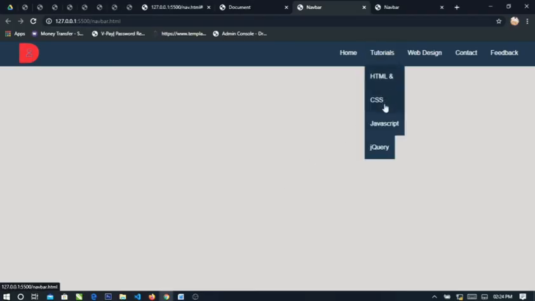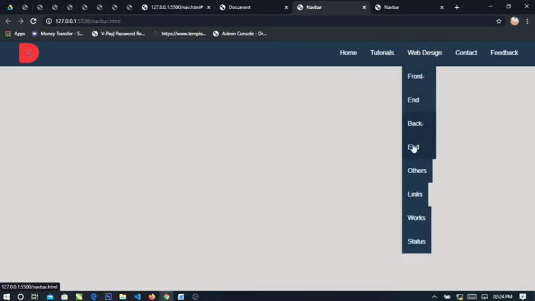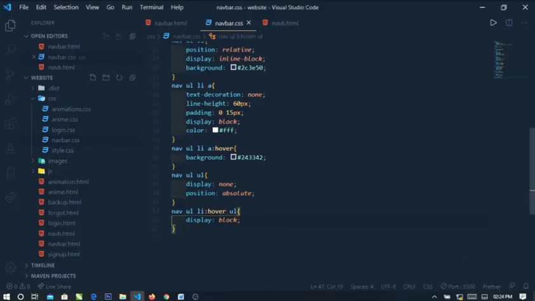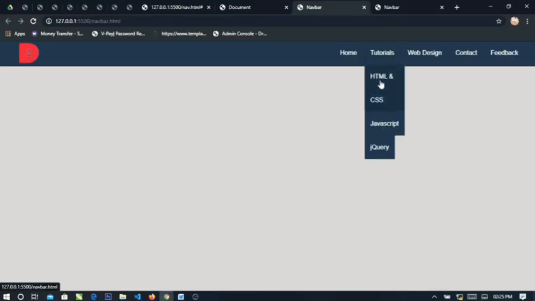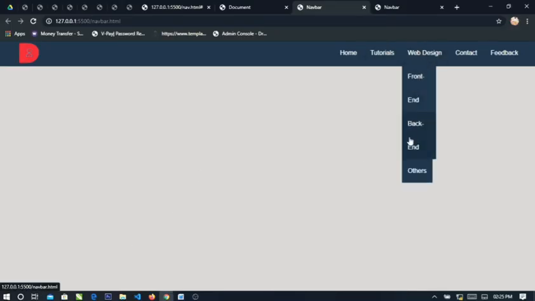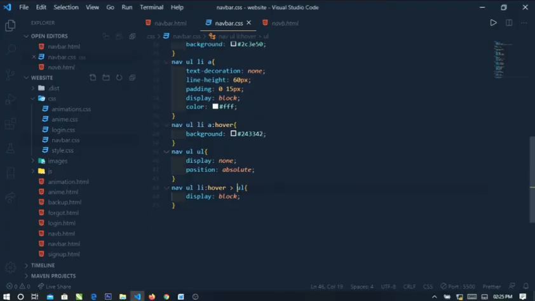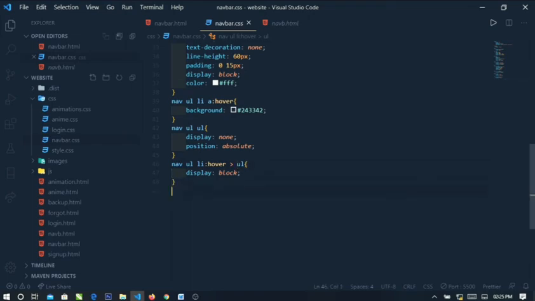When you hover over this, you see the ULs come. When you hover over this one, the UL has come. But when we do not hover over the others, still these ones come. How do we solve that? Then we are going to tell this guy that not all UL should display block, only the UL which is under this LI. That's why we bring this greater sign there. So you just come here. When you hover over this, only this one comes, unless we hover over the others for these ones also to come. Now that we are good with this, you can go ahead and start the nav UL